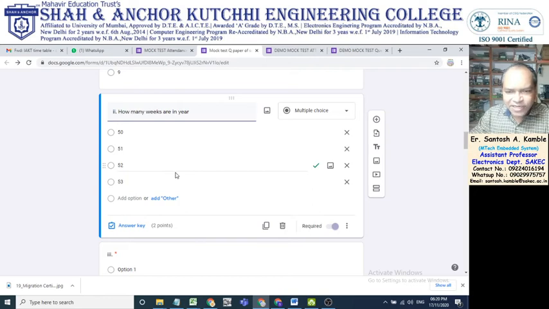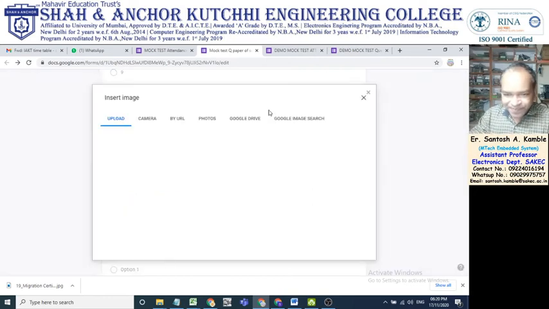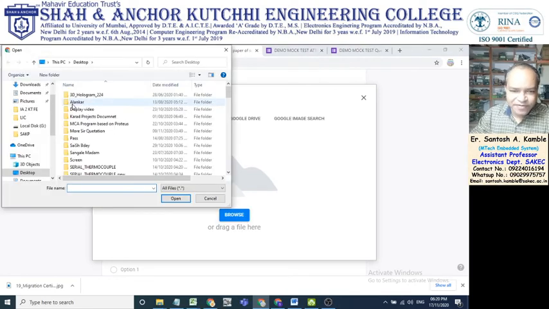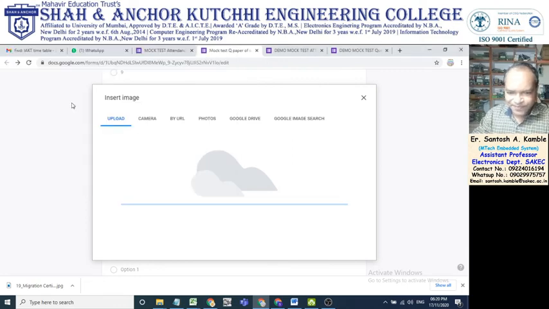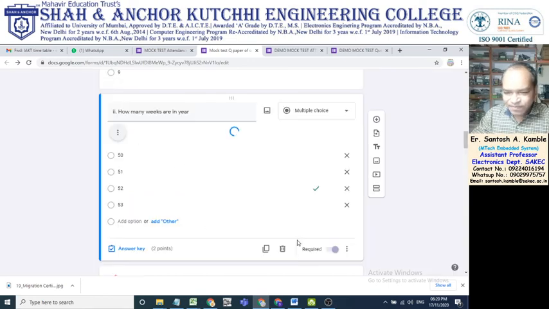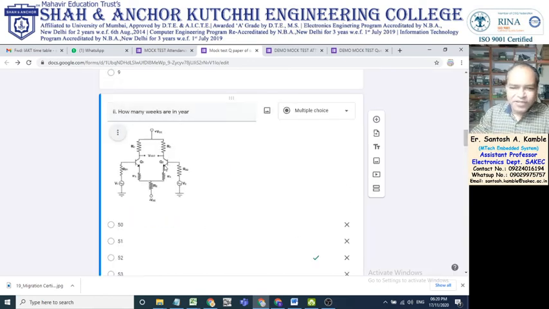In your question, if there is any image, then you can click here, browse, and you can take the image from your place. For example, if I want to add image, I can put image here. Okay, so you can add image from here in question paper.